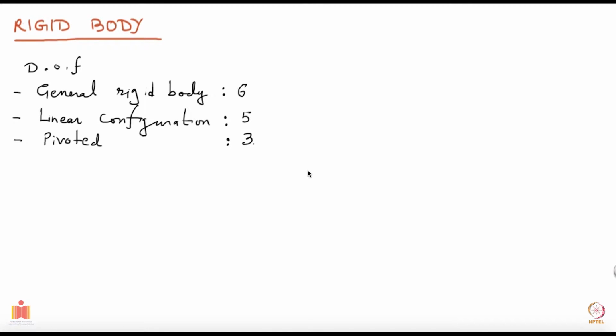happens within the object. Then we looked at the degrees of freedom it has, and in general, a rigid body has 6 degrees of freedom. That's what we evaluated. And while doing so, we first encountered linear configuration. So if you have a rigid body which has a linear shape, which is like a line, then it has 5 degrees of freedom. That's what we saw. And if your rigid body is pivoted at some point, meaning if it has a fixed point, then it has 3 degrees of freedom. That's what we saw last time.